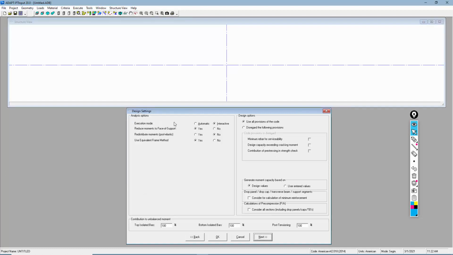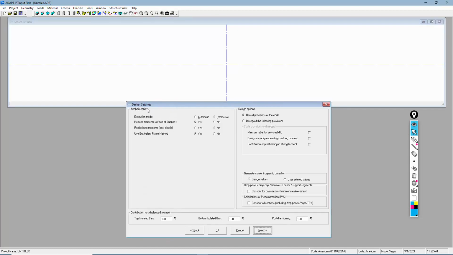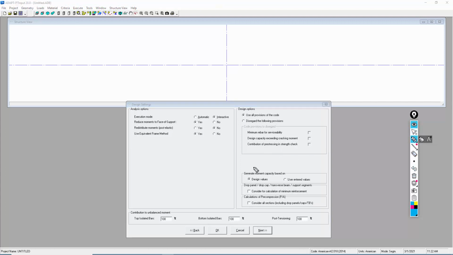So if we go into this next option here, you can see there's analysis settings. I'm not going to go into the details of all the selections. We have another video that's just a pure tutorial of the program, but we're going to point out what's really necessary to do an investigation. So one thing that is necessary is this option here. If you select design values, then the FEMN, for example, is going to be based on the user-defined reinforcement. So that's existing in the slab, plus PT, that might be